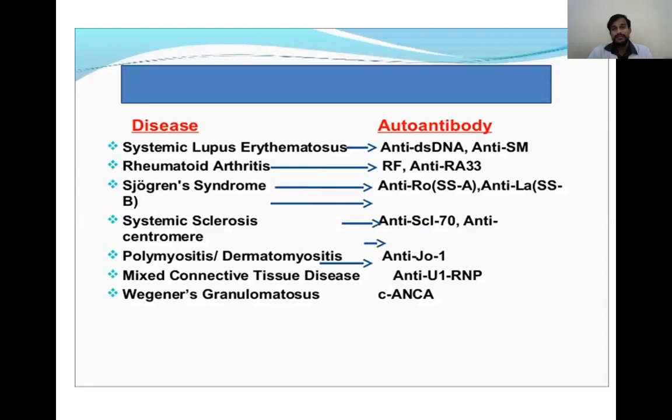So these are the different autoantibodies which are produced in different ECM diseases. Depending upon the family history, the basic investigations, and the signs and symptoms, we will assess the disease and come to a provisional diagnosis. Then we will send the patient for estimation of autoantibodies, by which we can come to a final diagnosis, the conclusion of the diagnosis.